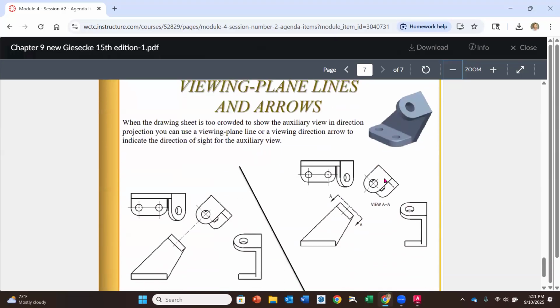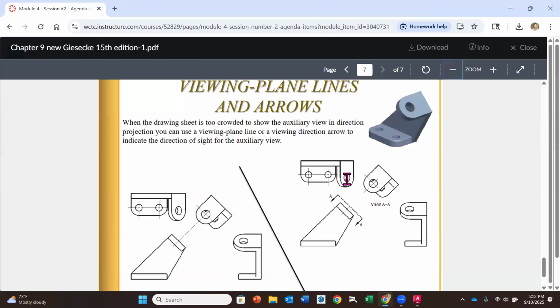Here we can have views, and we can use arrowheads to show the direction that we're looking in, just like section views. When we put the arrows for the direction of the view for our section view, the arrows are telling us which way we're looking. That's our line of sight. Okay, so in this case, you're going to notice that we have these lines. Now, they're not cutting through material. They're there to help us understand the direction of the line of sight, and that's what the arrows are doing for us. They are looking perpendicular to this surface right here,